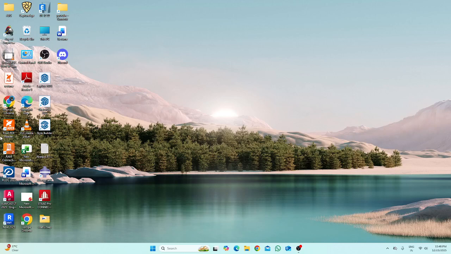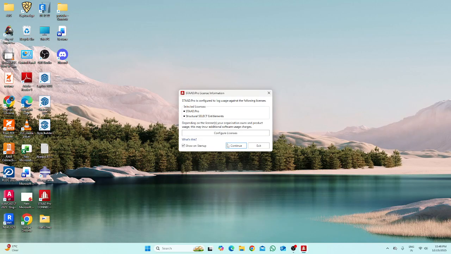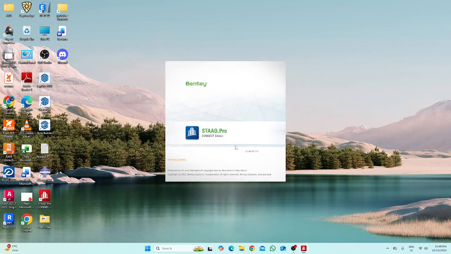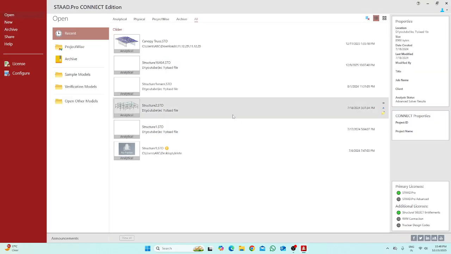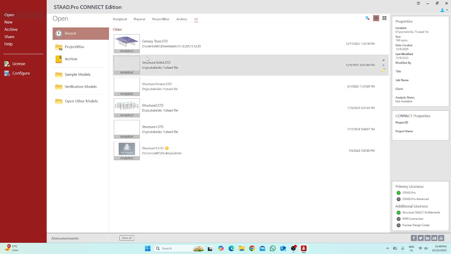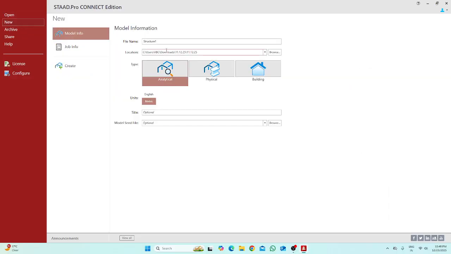Hello friends, this is Mainak and today we'll model some shear wall in STAAD Pro, and also we will do the design in RCDC. We'll see the process of doing the entire thing in the STAAD Pro Connect edition. So we know that in the earlier edition there was an option of designing shear wall, but here it is done through RCDC. So let's go to new and then it will be, let's say, shear wall, and then we'll